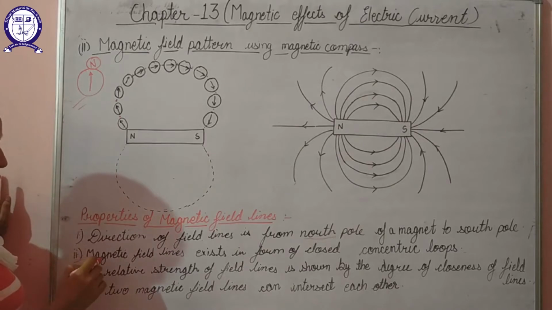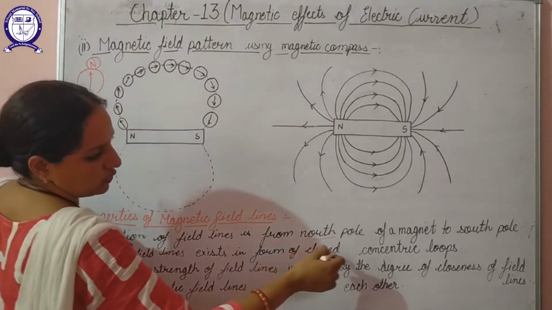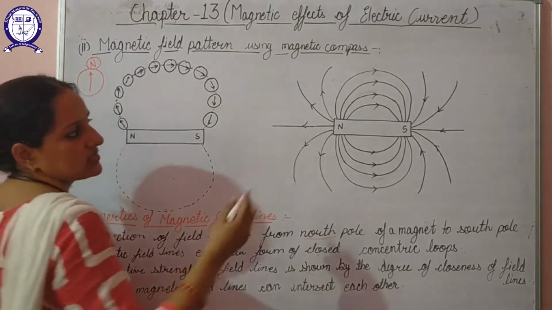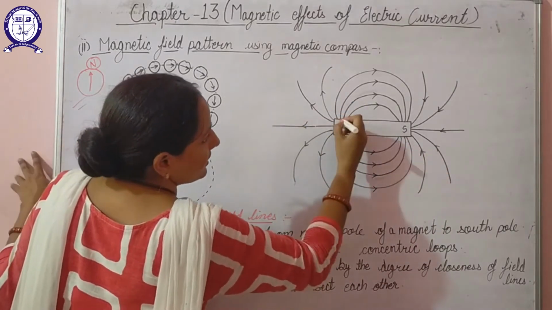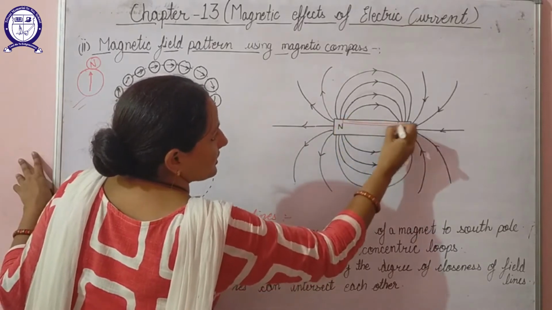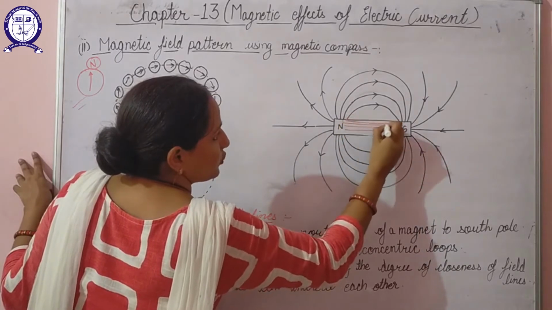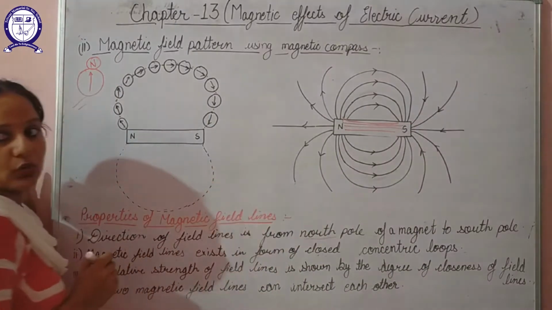Second property is that magnetic field lines exist in the form of concentric closed loops. Closed concentric loops. It means that if I have not drawn it here completely, when you draw it complete, parallel lines will be shown like this. So these parallel lines mean one complete loop is formed here and they exist in the form of concentric closed